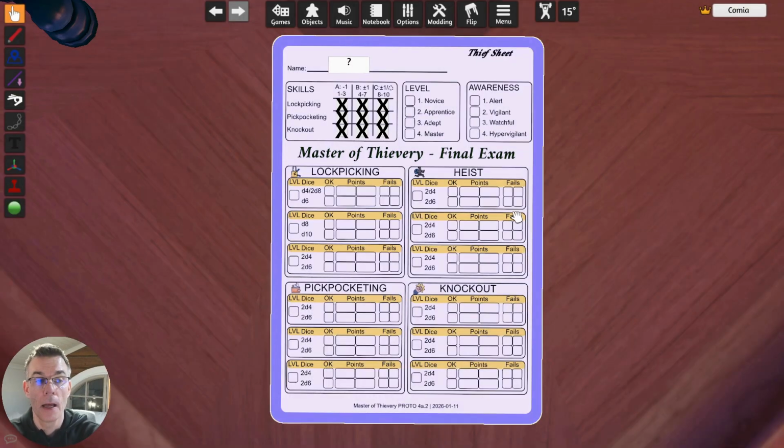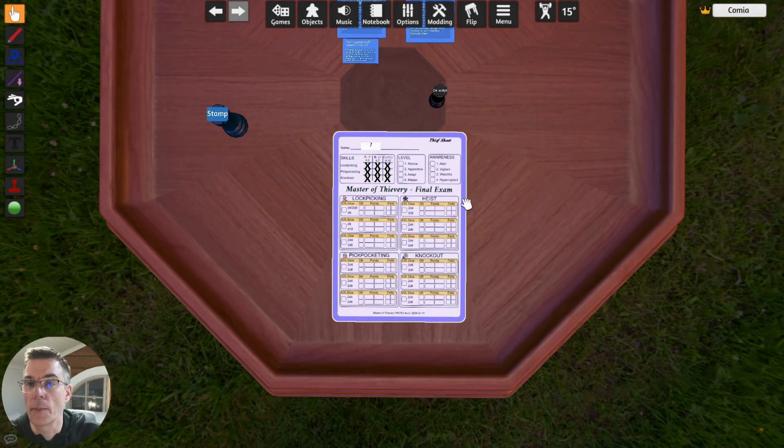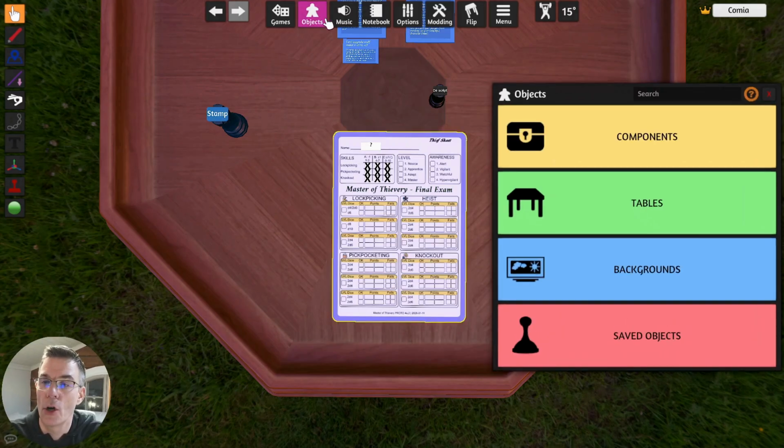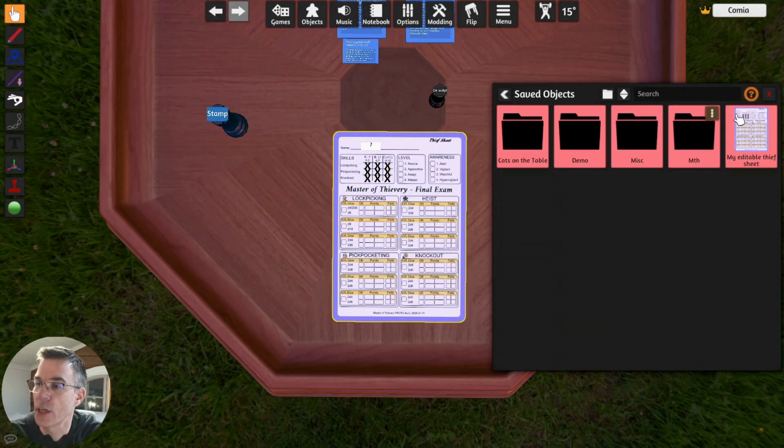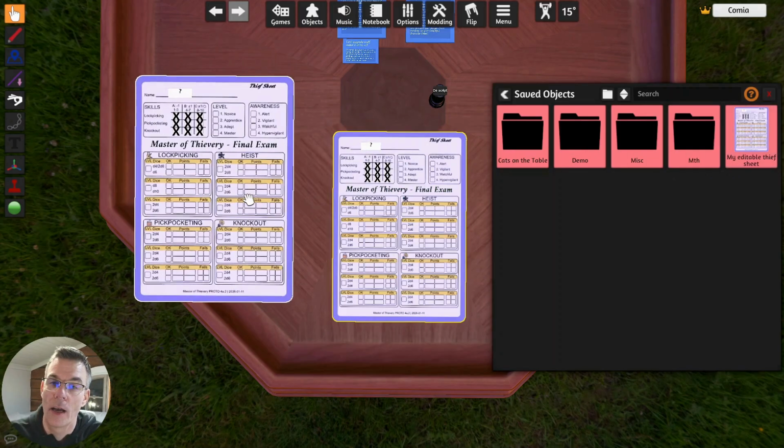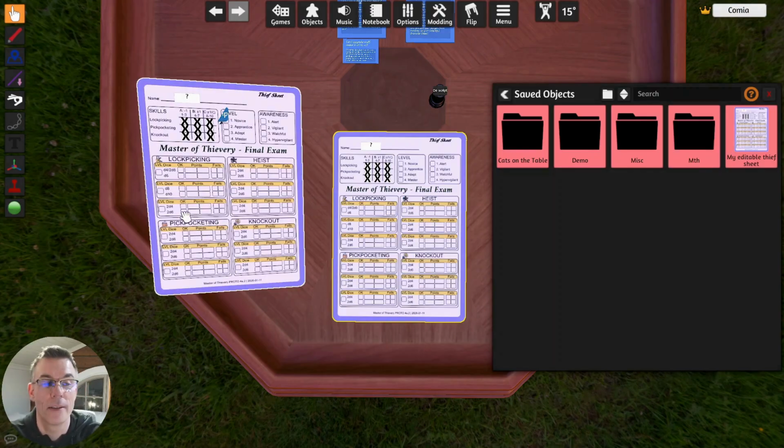Save. And after this, we can use this editable component in any game we create just by going Objects, Save Objects, and selecting our editable component like this to our game.